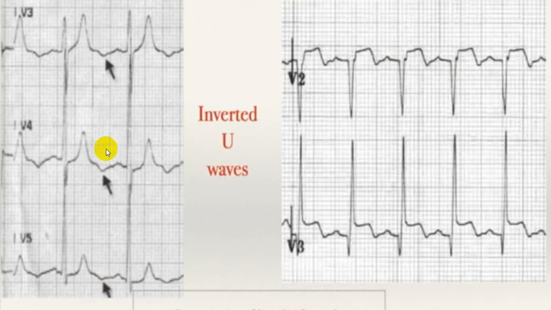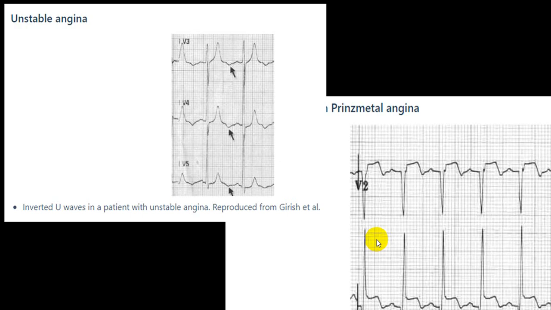They suggest ischemia. And here, along with ST segment elevation, this will be more in favor of it. This is U wave, inverted U wave. We consider that as part of ST segment elevation with T wave inversion, but this is inverted U wave. That is one of the indications of ischemia, and this can be acute infarct, acute MI. So even in an acute MI, you can get inverted U wave. In unstable angina also, you can see this inverted U wave.